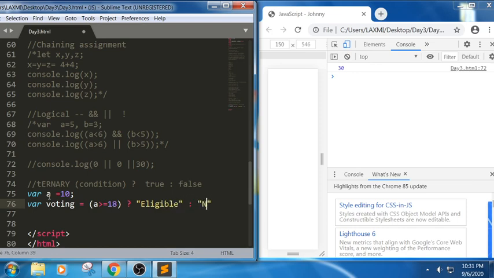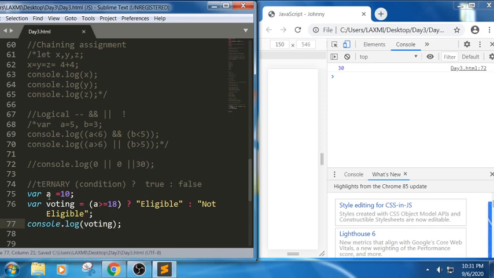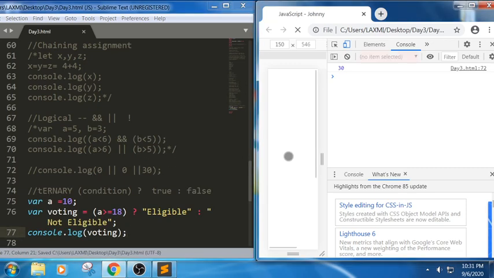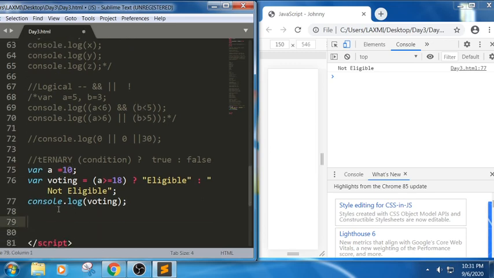Next, if he is not greater than 18, we should get not eligible. If I want to display this, we will write console.log voting. Now we can see here not eligible. Why? Because the value is not greater than 18.